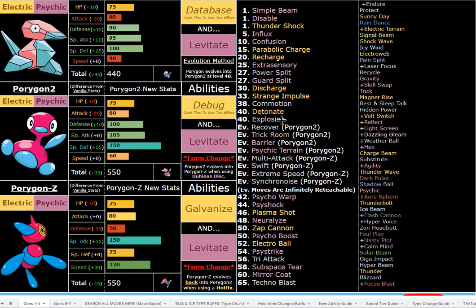He's also paper thin, and he dies to First Impression, which is one of the most common priority moves in this game. There's also tons of other common priority moves like Sucker Punch, and also just a priority move for every type. For example, in this case, you have Influx and Shockwave, which are priority moves, as well as Swift, which with Galvanize becomes a 66 base power priority move, which is situationally good over Shockwave because Swift is reteachable